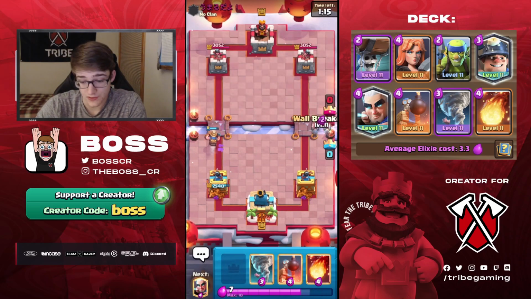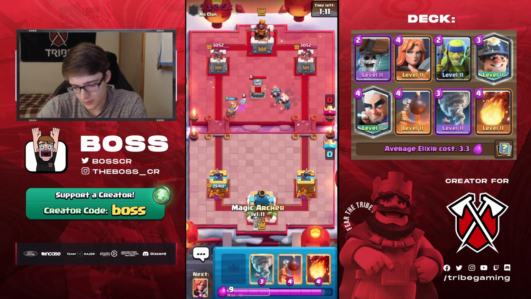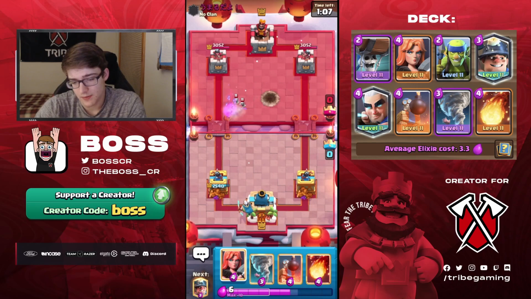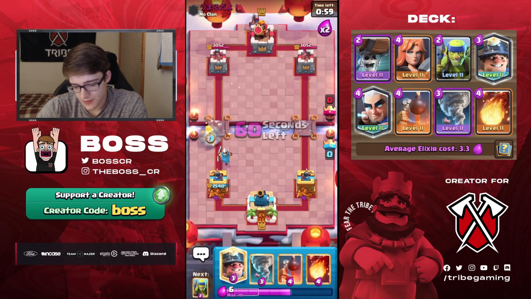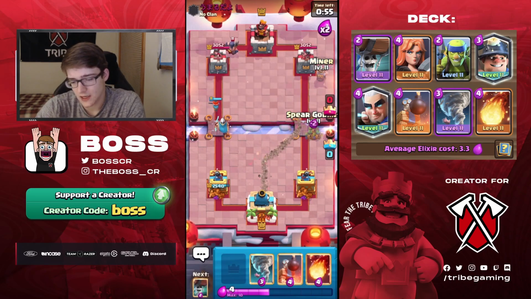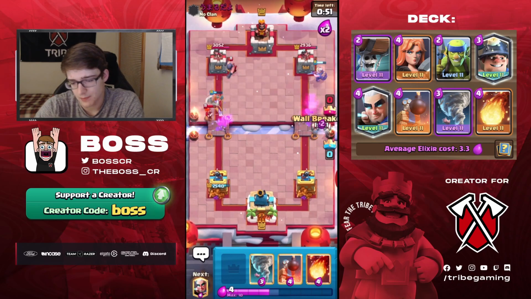Okay, thank goodness that Executioner didn't get another shot in the tower. That would have been really bad. So this guy has been pretty passive. I haven't been able to get much damage either, so it has been a pretty slow start to the game, which happens sometimes. So we'll go Miner, Spear Goblins in the opposite lane, and he's going to go for the Valkyrie, zap the